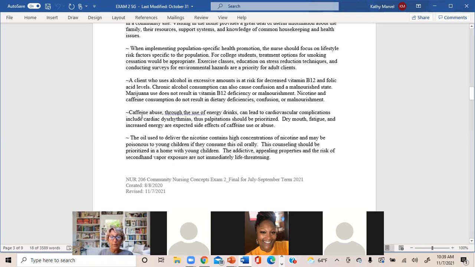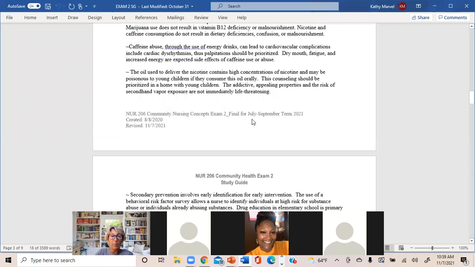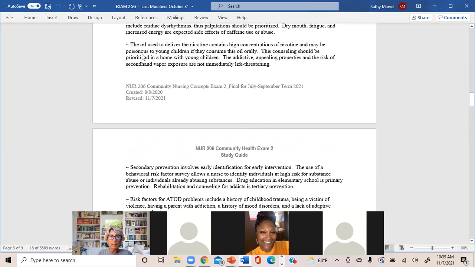And here they break out caffeine. You know, caffeine abuse through use of energy drinks can lead to cardiovascular complications. We need to know this as community nurses. Okay. And so this is good information about caffeine abuse. Okay. And then they specifically provide information on nicotine. Right. The oil used to deliver the nicotine contains high concentrations of nicotine and may be poisonous to the young child. So if you're counseling,